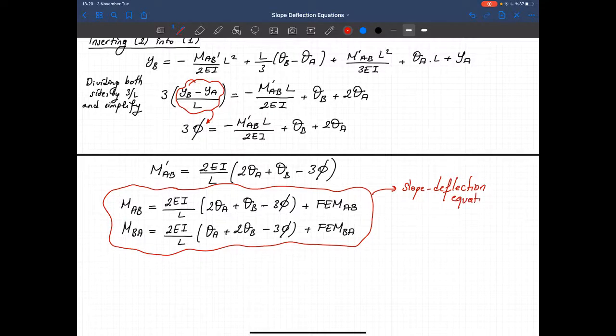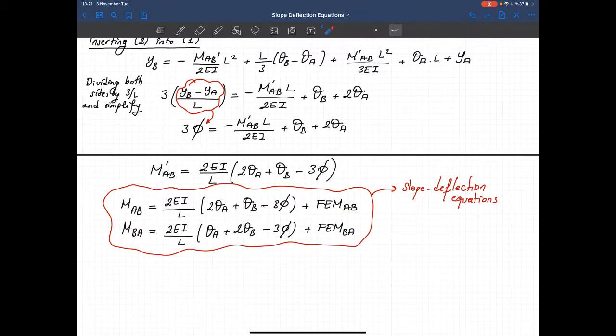And we can use these equations when we want to relate the end moments with the end deformations of a member without having to solve the differential equations over and over again. The only thing that we didn't work on is the fixed end moments,